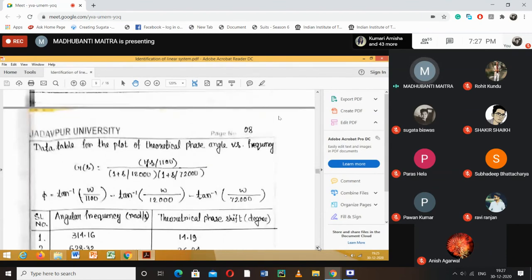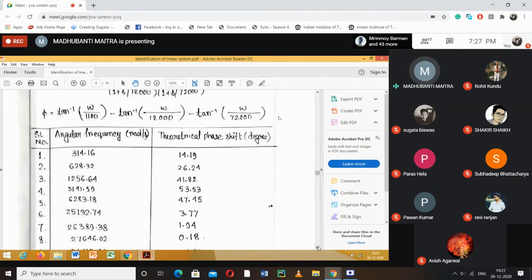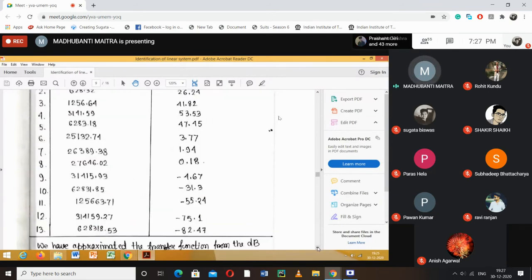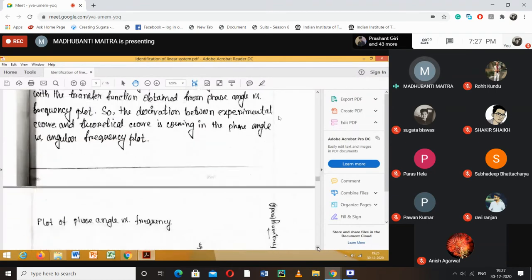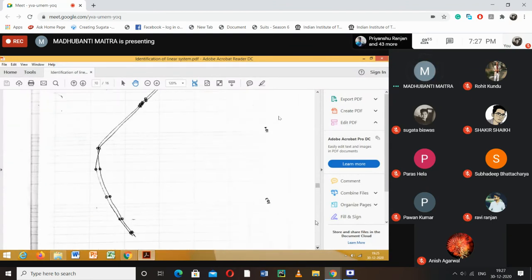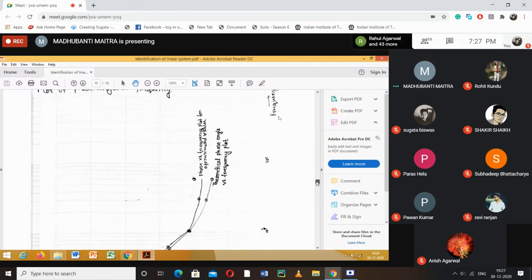So I'm showing you the phase plot. From the phase plot, they have calculated the phase shift again, and there is a little bit of discrepancy. At 50 Hz, we saw the phase shift was around 11.54, which we obtained from the Lissajous figure. Now we have approximated the actual graph with an approximate one, hence there will be some difference. This is the phase plot, very poorly drawn. Anyway,